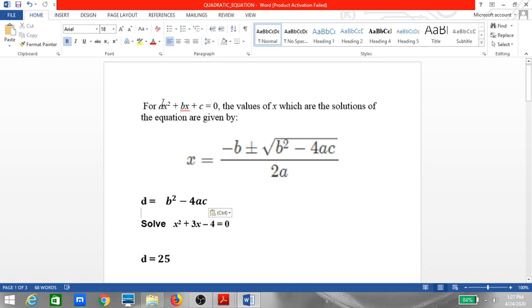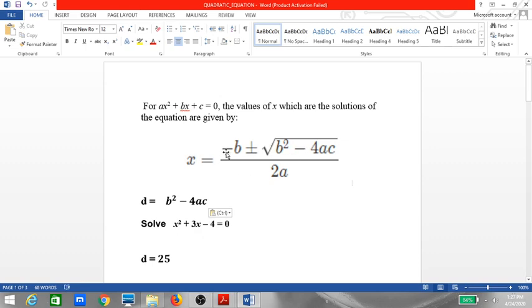Now it is very important to understand that the a value cannot be 0. If a becomes 0, then the whole term ax square becomes 0, in which case it becomes a linear equation. So this is the first check that we have to do when we are solving the quadratic equation. Here we are solving the quadratic equation by the formula method.